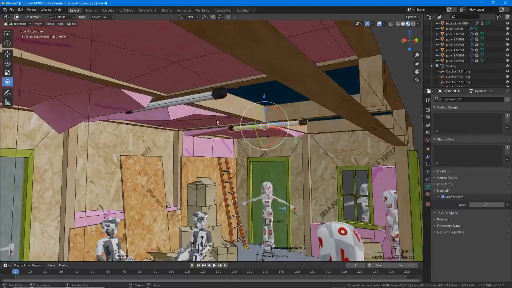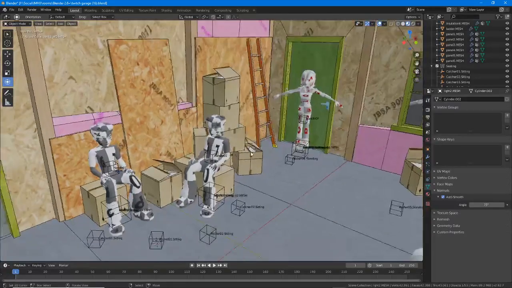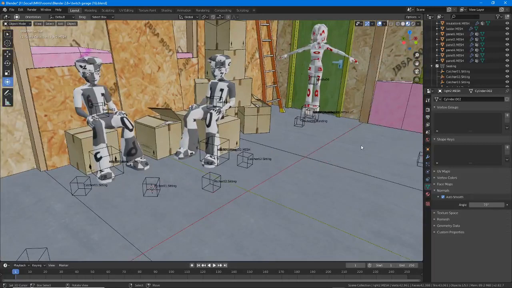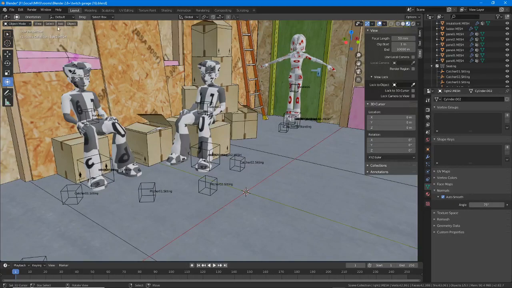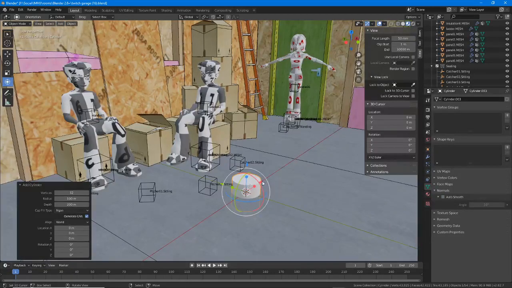To make those, let's just do a quickie on those. Very simple. Where's the cursor gone? There's the cursor. Let's move that to the center of the room to make it easier to see. 0, 0, 0. Right, so that's the cursor there. Let's add a cylinder, mesh, cylinder, and in the pop-up,